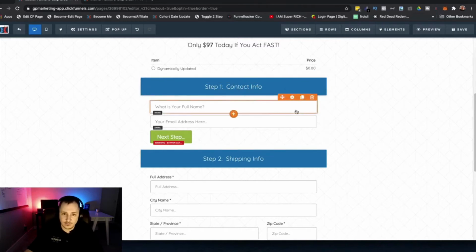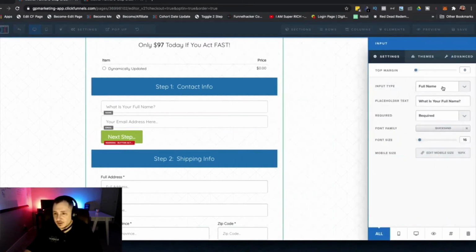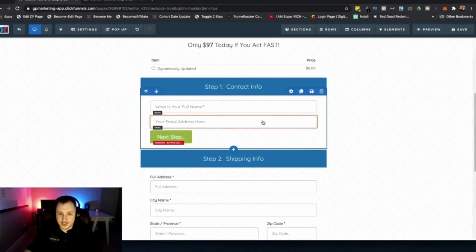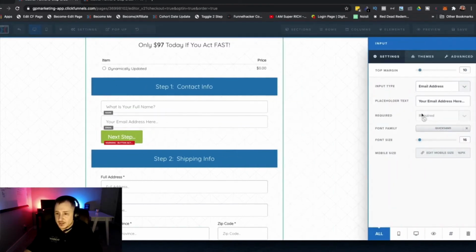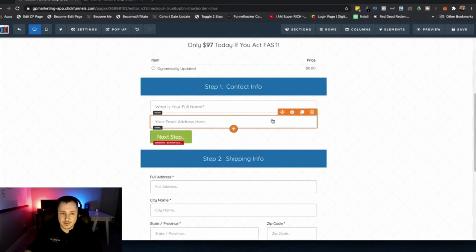Row 1 is a header. Row 2 is going to have information in it. In this case, it's just 2 input fields. In this one, it's what's your full name, what's your email address. Of course, go into these, make sure that you're naming the input fields appropriately, and if you want them to be required, go ahead and do that. The only one that should be required in order for the page to submit would be the email address. Actually, if you choose email address, it'll force it to be required. Okay, so you can go through there, make these look how you want. I think these might have some themes applied to them. And then you're going to put a button down here.